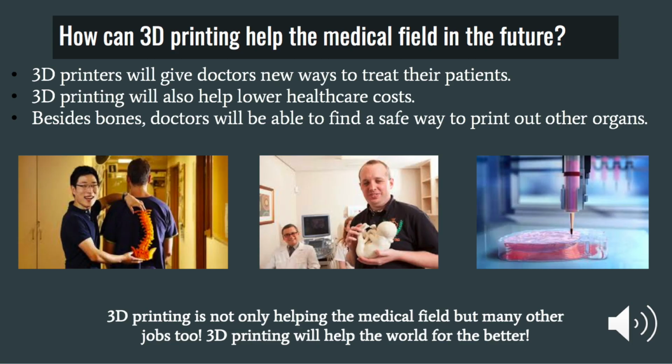How can 3D printing help the medical field in the future? 3D printing will continue to give doctors many new ways to treat their patients in the future. 3D printing will also help lower healthcare costs, since it's less expensive to make supplies for the patients. This will lead to many more people being able to be treated by doctors and not be discouraged by the price. Besides bones,